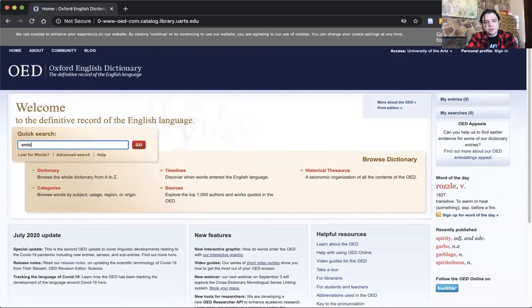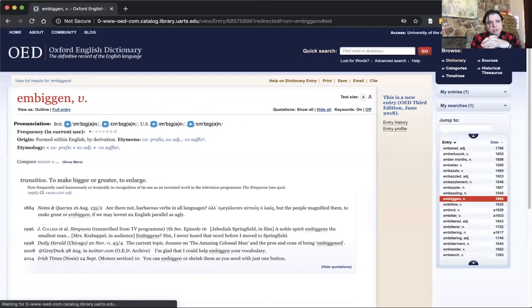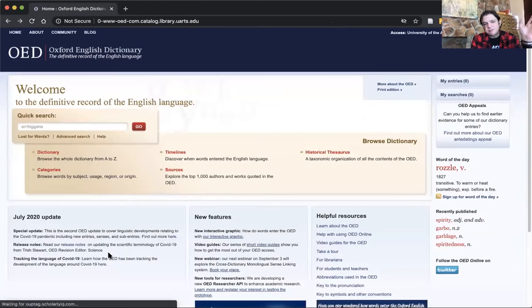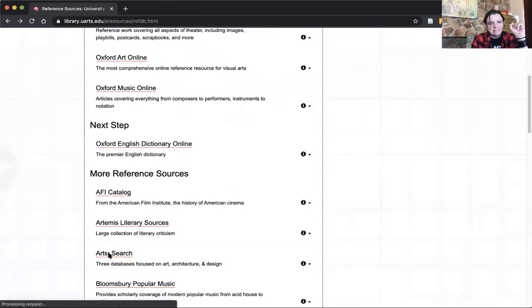So let's do a quick search. Loving Biggins, as we all know, even the smallest man, a noble spirit and bigots, even the smallest man. Funny word from The Simpsons that was repopularized in 1996. So you'll get some background, the definition of the word, as well as when it was used. So that's a pretty cool one, a little bit nerdy, a little off topic. Sorry about that, but you gotta love Oxford English Dictionary Online.